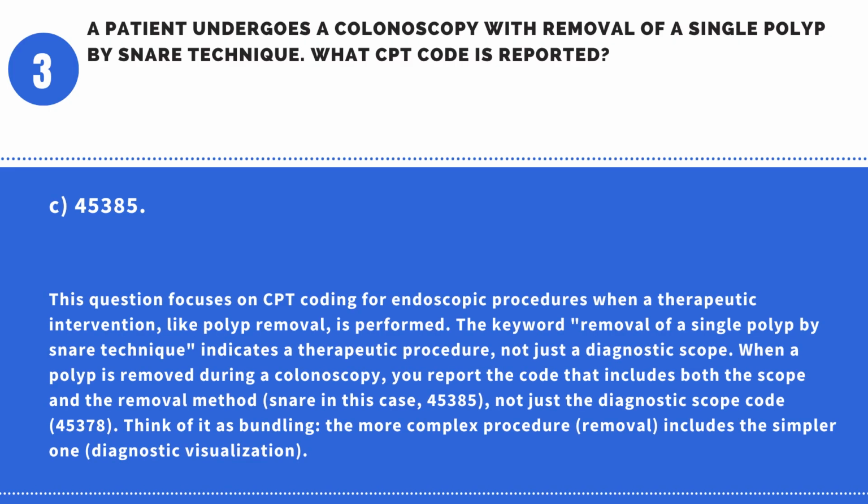Answer: C. 45385. This question focuses on CPT coding for endoscopic procedures when a therapeutic intervention, like polyp removal, is performed. The keyword "removal of a single polyp by snare technique" indicates a therapeutic procedure, not just a diagnostic scope. When a polyp is removed during a colonoscopy, you report the code that includes both the scope and the removal method, snare in this case, 45385,